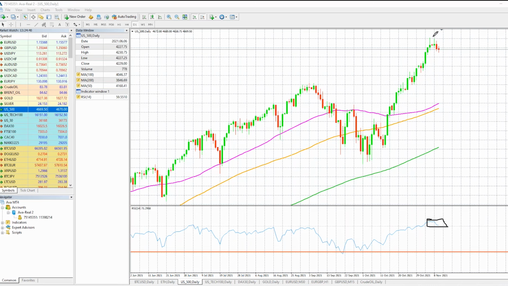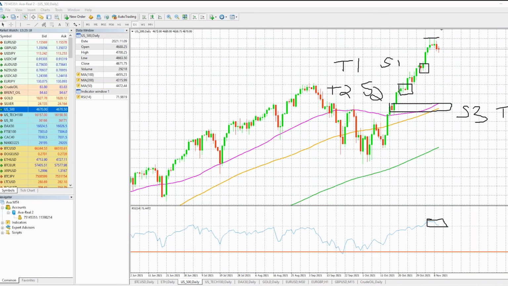RSI is already telling us. The stop loss is going to be on the highs of these ones, 4,750. The immediate support level is going to be at 4,777. However, we could potentially see the price coming into this area of consolidation, so I'd like you to keep a focus on that. Otherwise, it is this area of consolidation as a second support level. So support level number 1, support level number 2, or support level number 3. We can also call these take profit number 1, take profit number 2, take profit number 3.